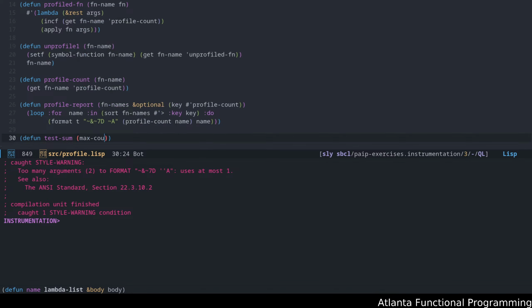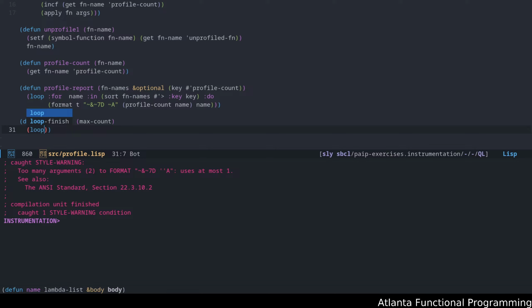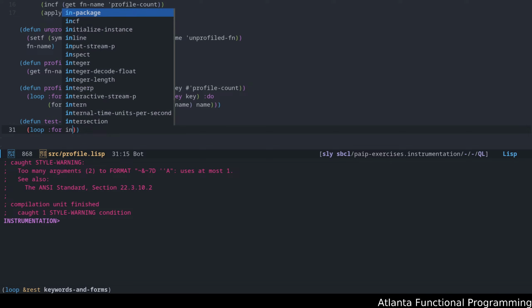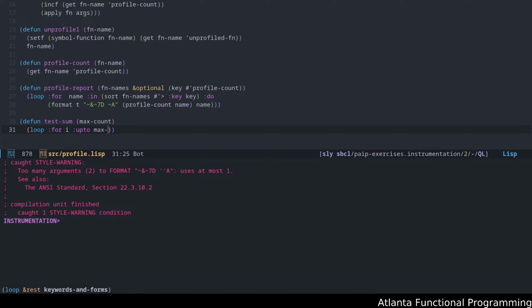Okay, and what we'll do is we will loop for I from 0 up to max count, summing I. Okay, this is a pretty standard thing, just some long computation.